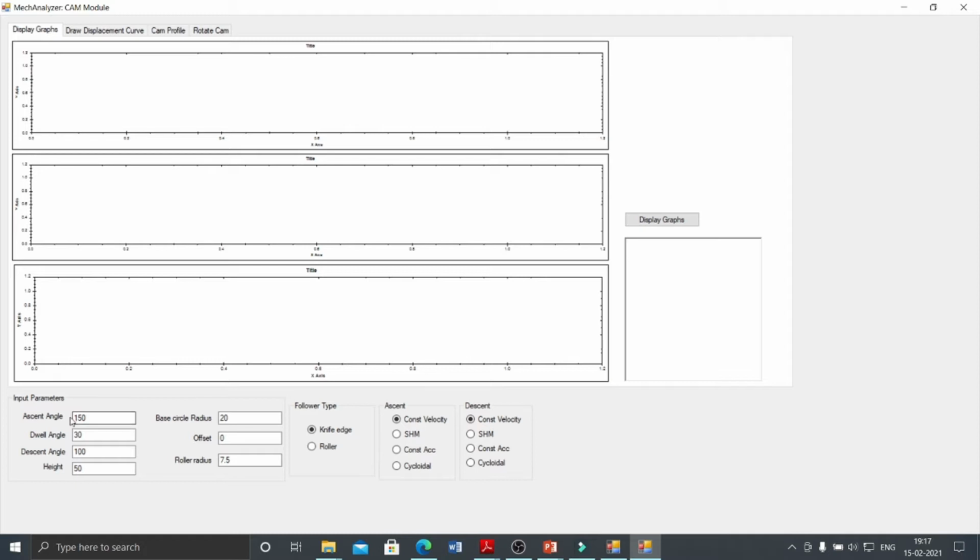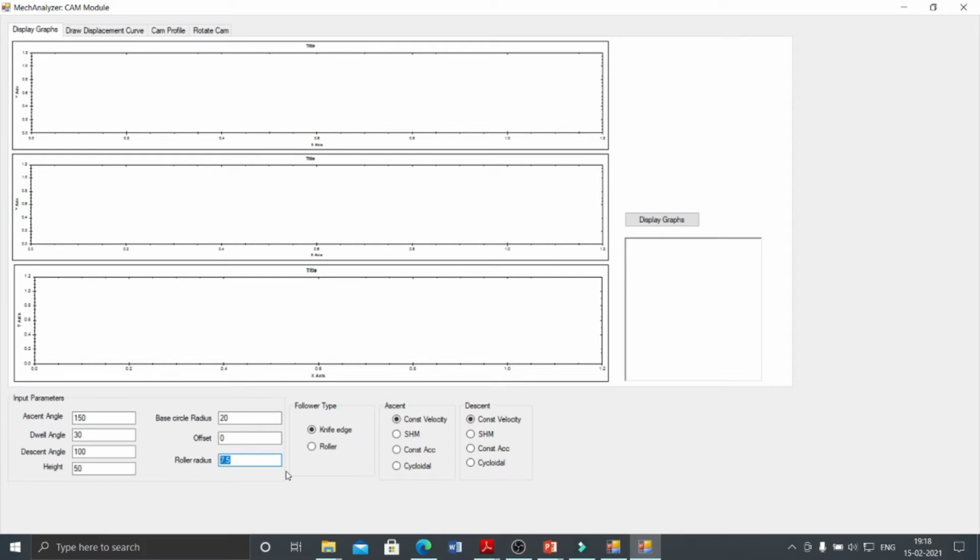Now here you will find the input parameters: angle of ascent or rise, dwell after the ascent, next descent, and the remaining is the dwell after descent. Next is the height, which is the stroke length. Next, you need to define the base circle. If you want to take an offset, you can also take that, and you need to take the roller radius.